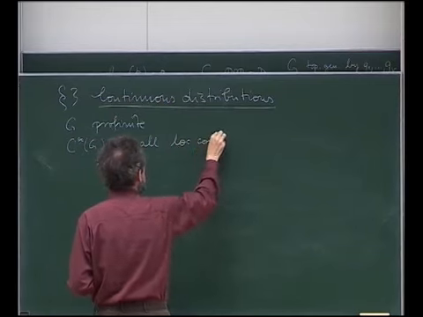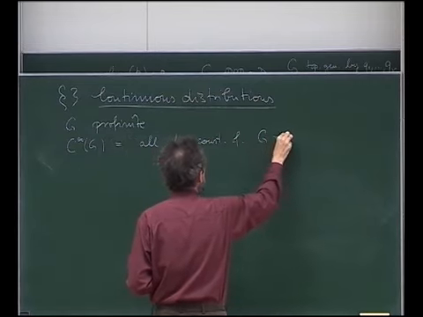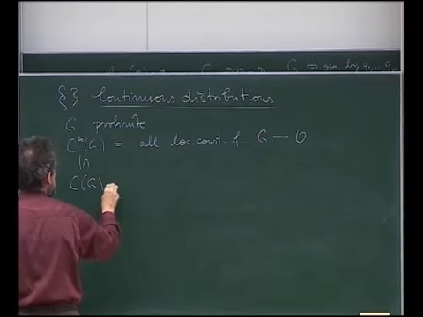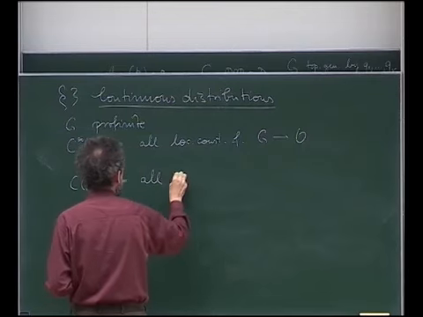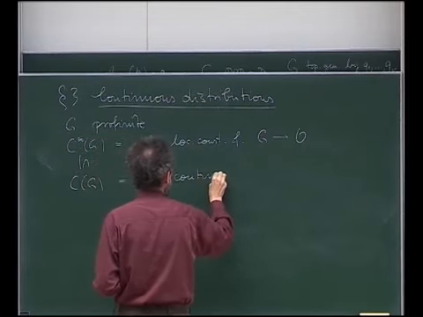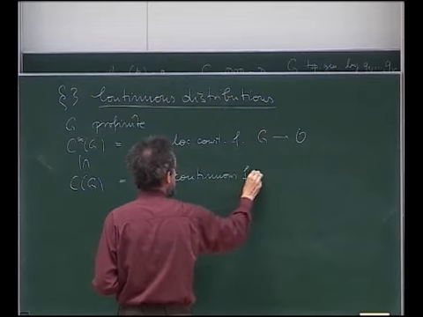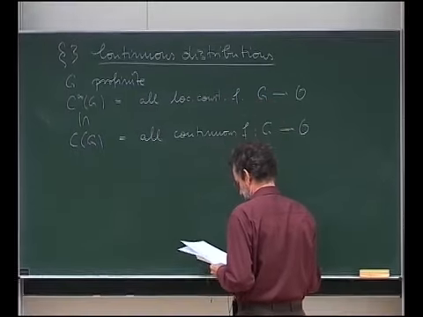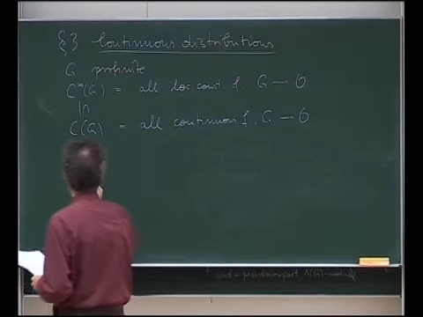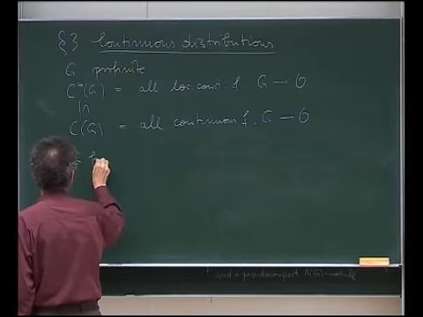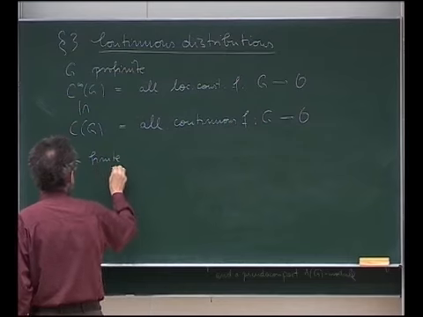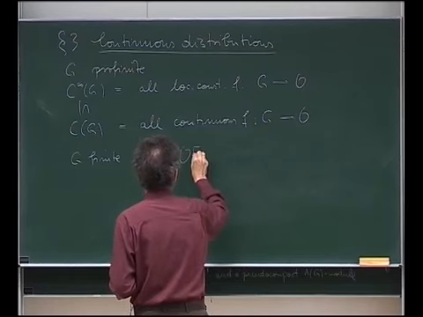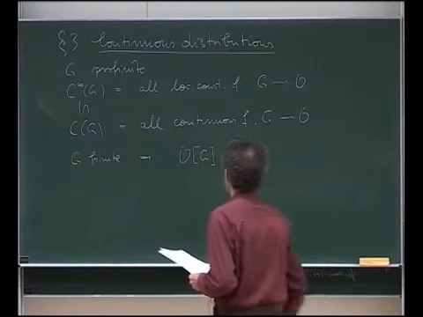Let's say C infinity of G is all locally constant functions from G to O, and C of G is all continuous functions from G to O. So now let's first look at the finite case. So if G is finite,